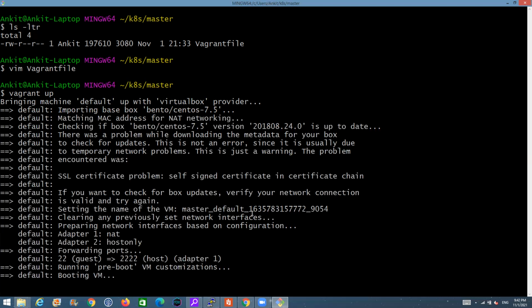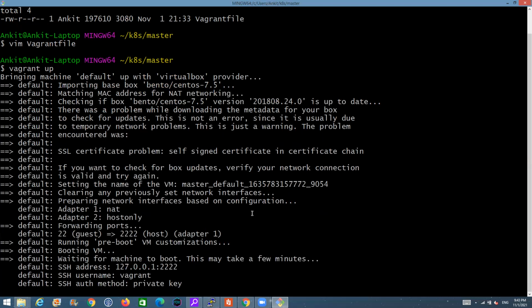Next, it has configured the adapter with NAT and host only. It uses port forwarding. So basically, port forwarding allows it to connect to the port number 22. If you have to connect to a virtual machine, you are going to connect to 2222 on your host machine, which is actually going to be forwarded to 22 inside the virtual machine, which is running on your laptop, right? So it's still going to connect over SSH to port 22, but for the SSH client like PuTTY, you are going to pass port number 2222.